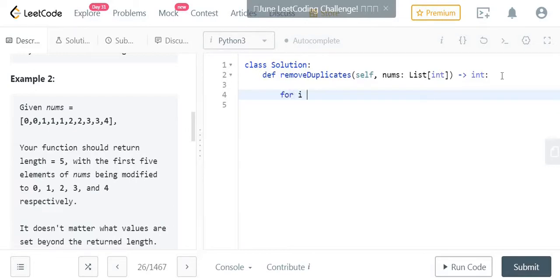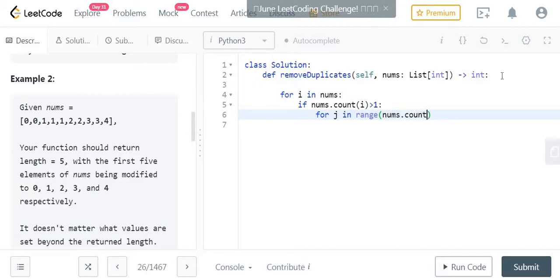First, for i in nums. Here we are using this i to iterate through each element of nums. If nums.count(i) greater than 1, then start another for j in range(nums.count(i) minus 1): nums.pop(nums.index(i)).